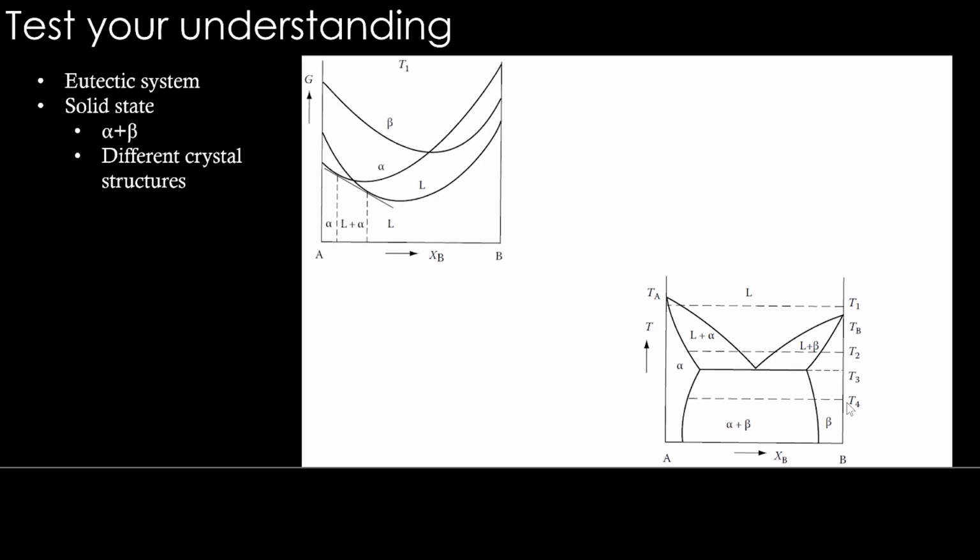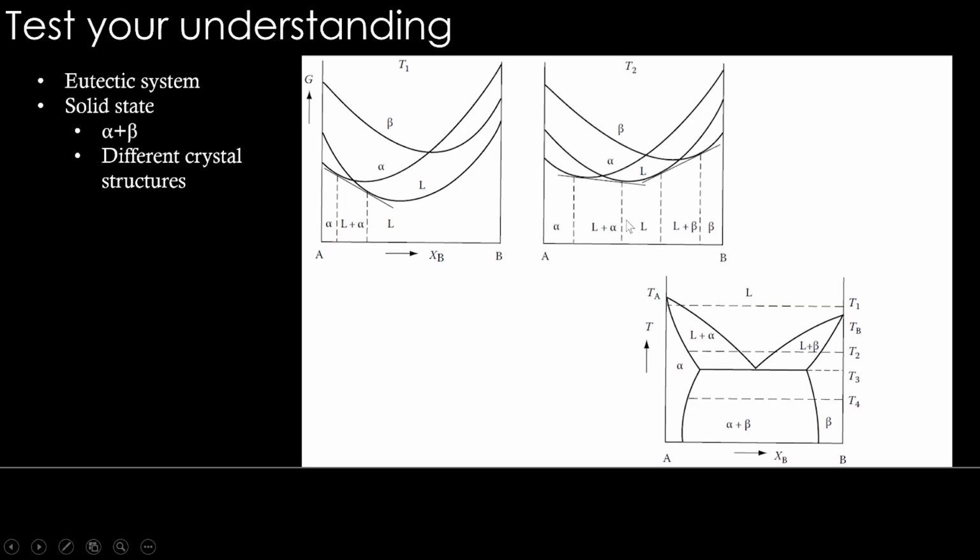So let me show the answers now. At temperature T1, here you have this tie line information, tie line coming here between liquid and alpha. So you need to have this alpha curve and liquid curve touching a common tangent corresponding to these two compositions. These two compositions are important, so you can mark them here and here, right? At temperature T2, we have something similar to what we saw in the last two slides. There is a two-phase equilibria, and then a single phase, and then again a two-phase equilibria. But this is between liquid and alpha here, this is between liquid and beta here. So in that way, liquid should be plunging to solids, so that you have one solid-liquid equilibrium here, another liquid-solid equilibrium here.